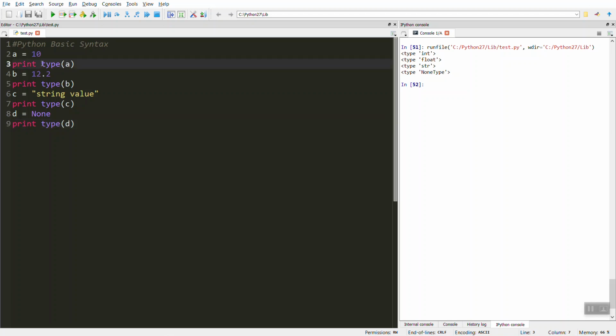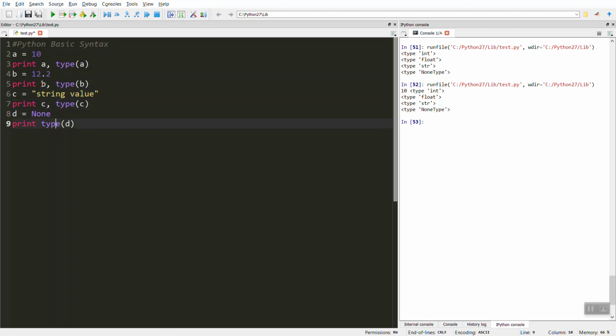You can print the value here as well, which may be easier to understand. So here we go. 10 is an object, because in Python we have learned that everything is an object.